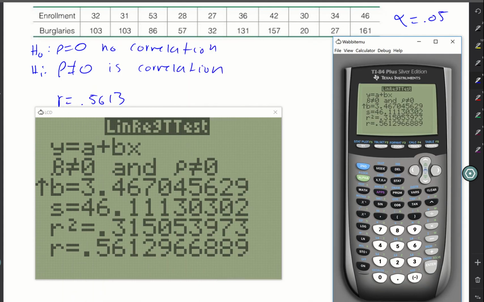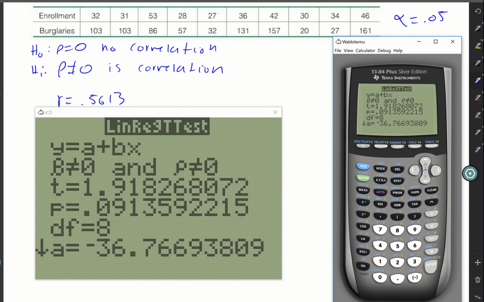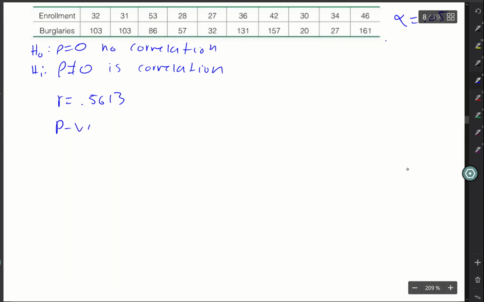And my calculator decides to go back. So my p-value is 0.0913. And if my alpha is 0.05, am I less than or greater than? So what would we do? And everybody agrees with my R this time? Okay. So we're going to fail to reject,